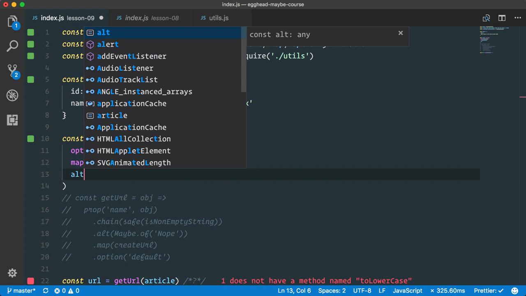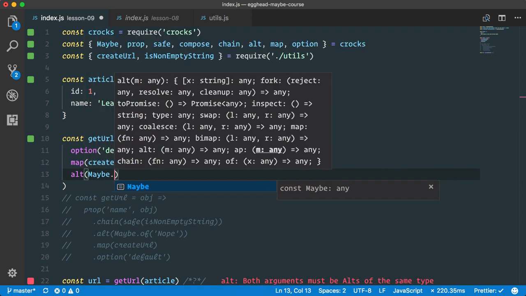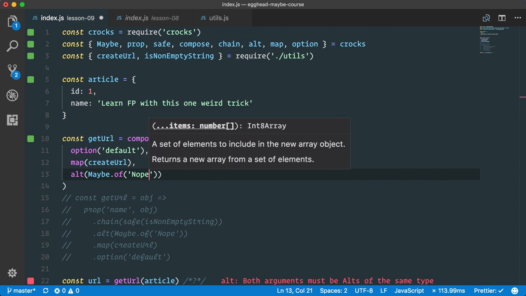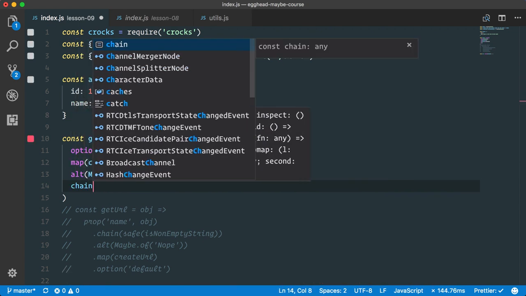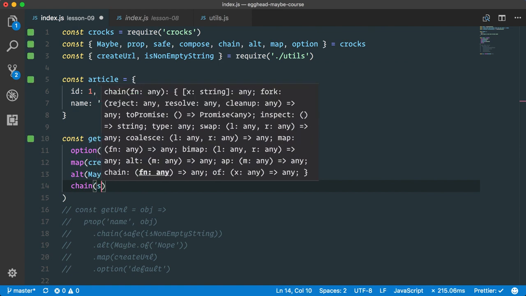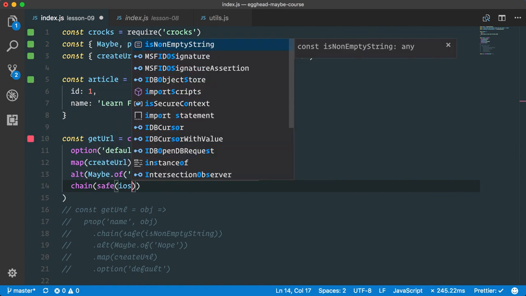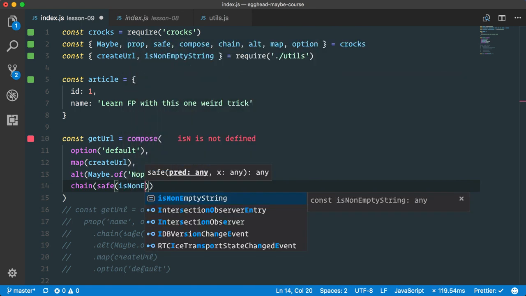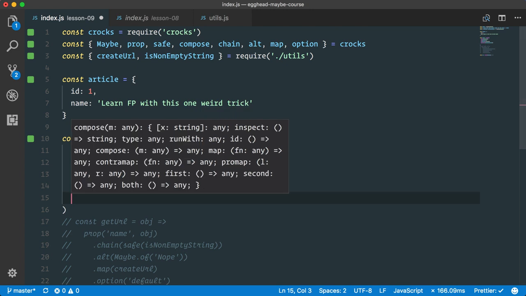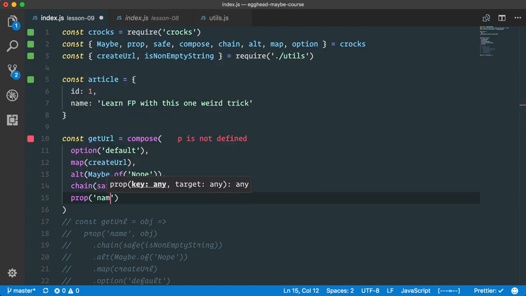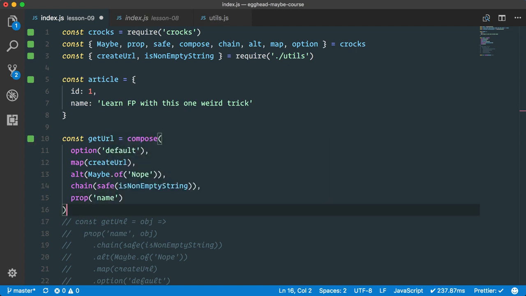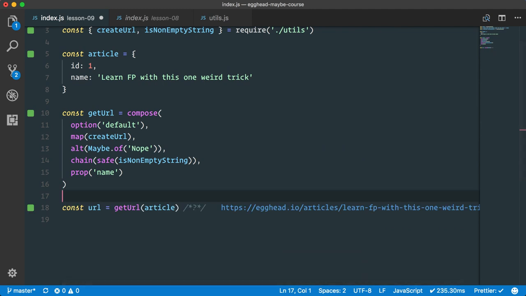And that happens after our alt with our Maybe of our default value of nope, which is being called after chain, and we're chaining our call to safe because it's going to return a nested Maybe. So what we'll do is isNonEmptyString there. And then that's being called after prop for name. And we're going to leave the object out of it because that's going to be the argument that gets passed in to getURL. So that'll be the first thing. It'll hit this curried version of prop, and that's going to pass those values along until we get our URL out on the other side. So we can get rid of these, clean that up,